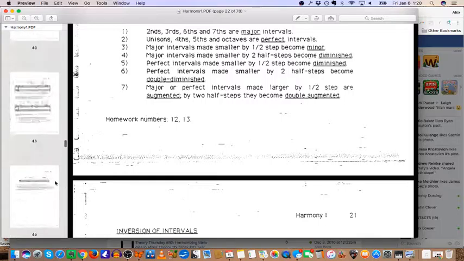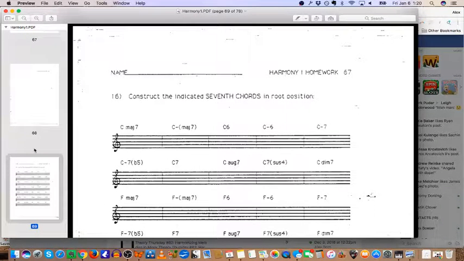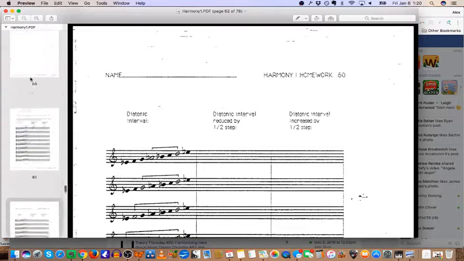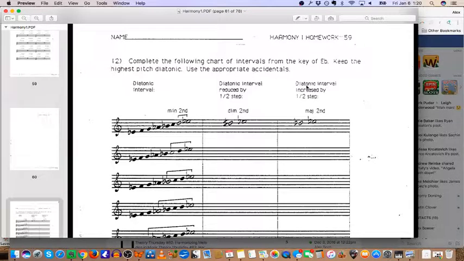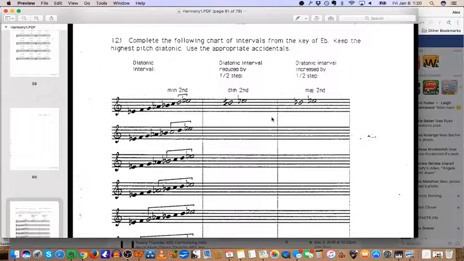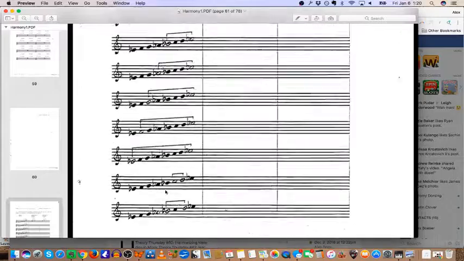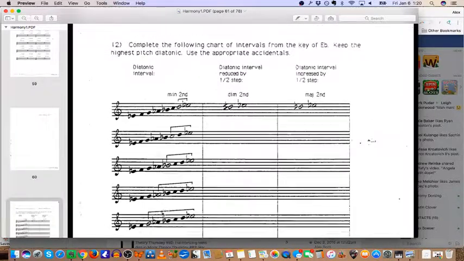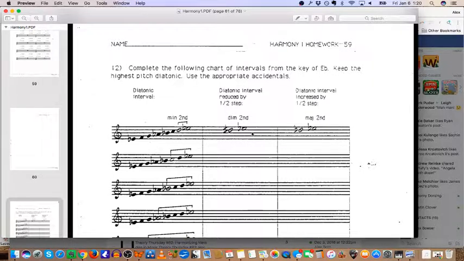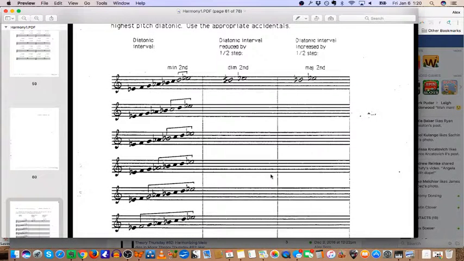Let us go to our homework. What are we at? 12 and 13. Complete the following chart of intervals from the key of E flat. Keep the highest pitch diatonic. Use the appropriate accidentals. Okay, so here they give you an interval right out of a scale. And then they alter it in two different ways,